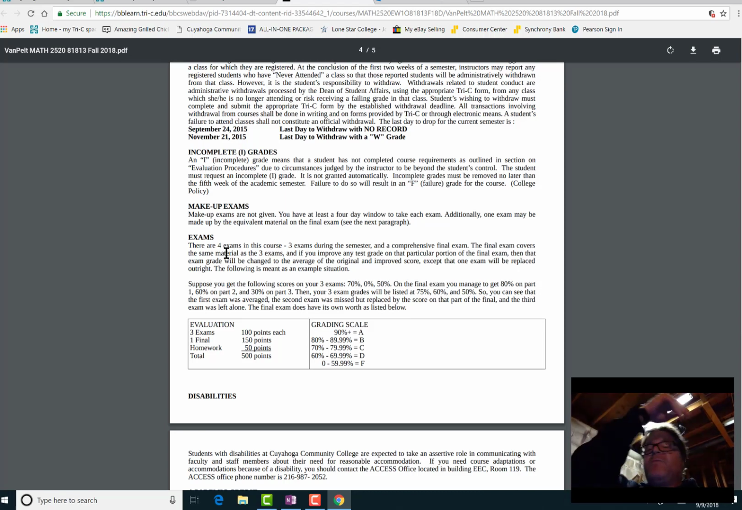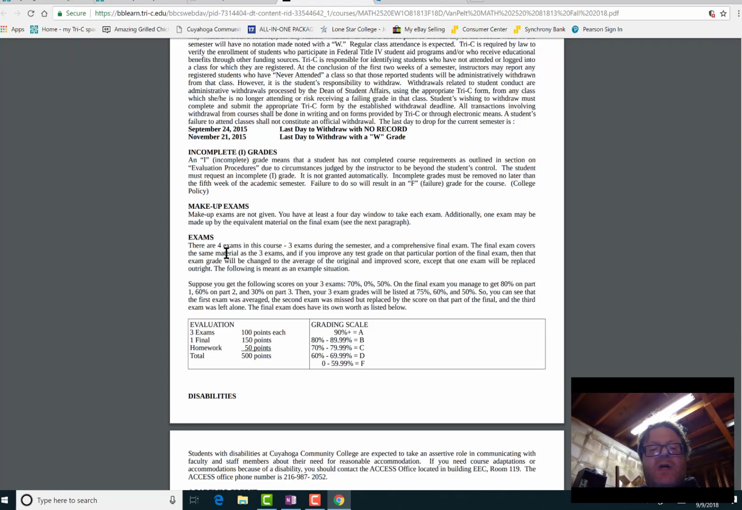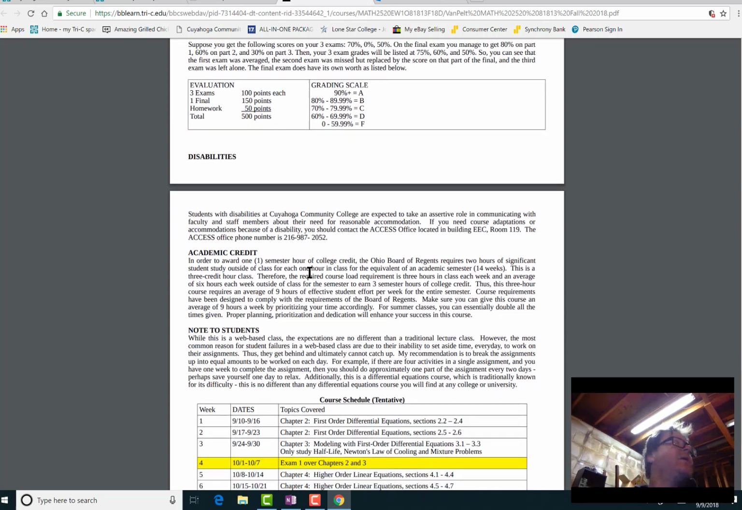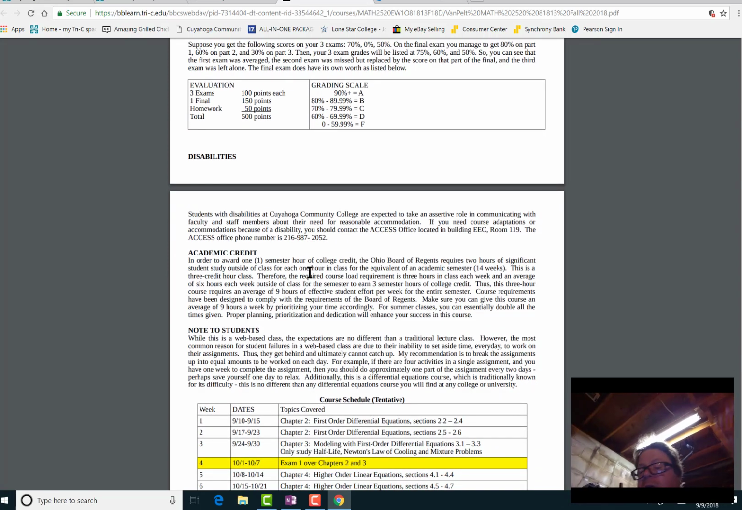I don't give makeup exams, so make sure you read here how you can make up one of your exams should you miss one, or you can make up one that you do poorly on. As a matter of fact, you can improve all of your exams by doing better on the final exam. Down here is the grading scale, disabilities, academic credit,